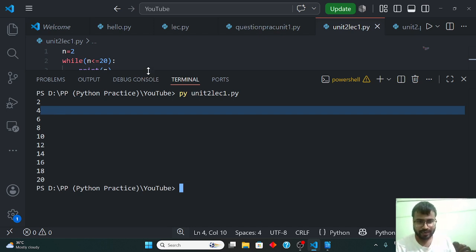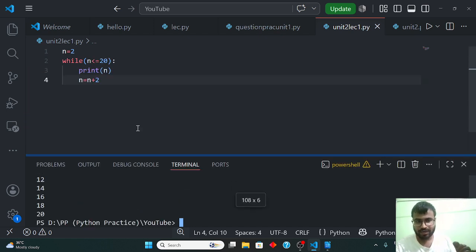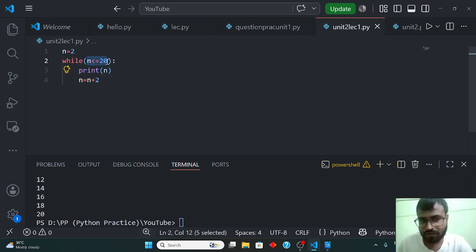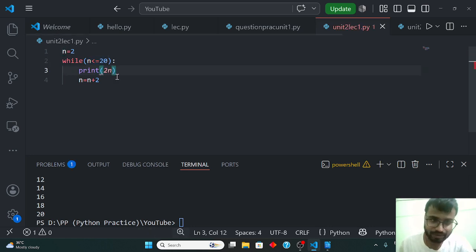You can try for multiple of 3 as well. By the way, if any of you is thinking that we need to write the condition n is less than or equal to 20, no, it's not true. You can change the logic of the program according to your wish. If you say that you will take another variable and multiply 2 ones are 2, or you will be printing the value of 2n itself here. For example, you are printing here 2n,